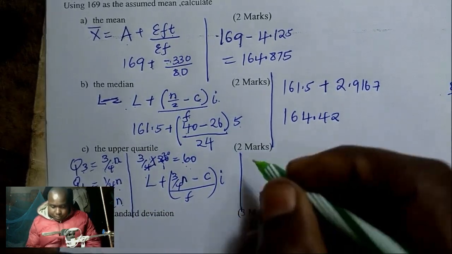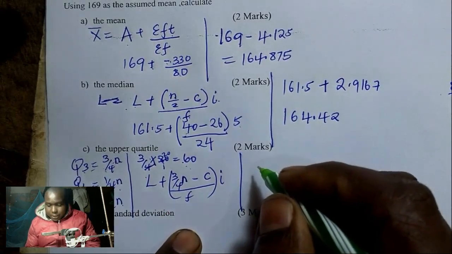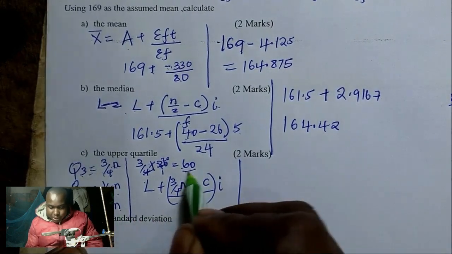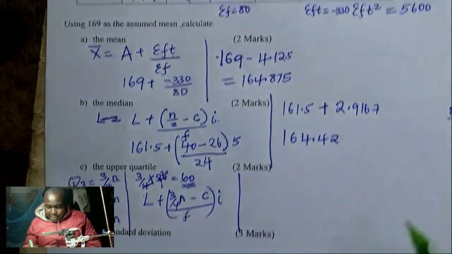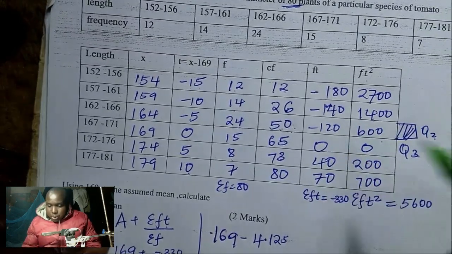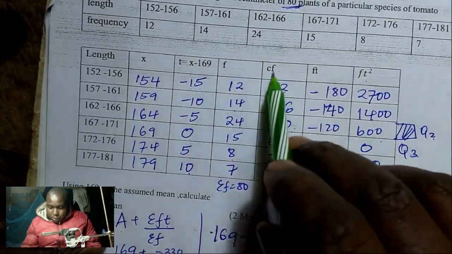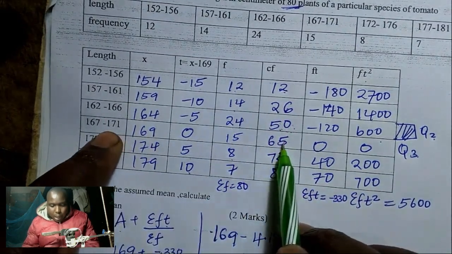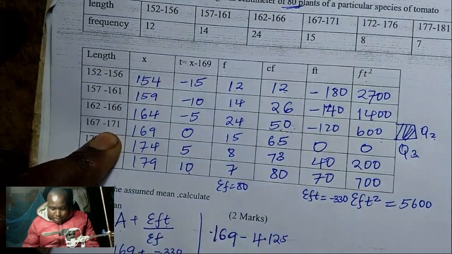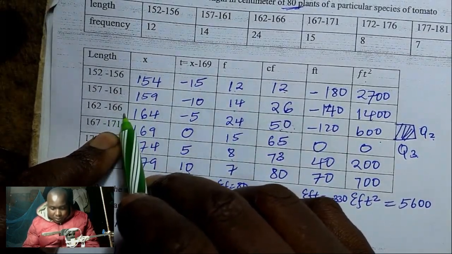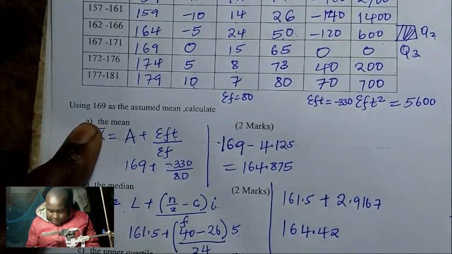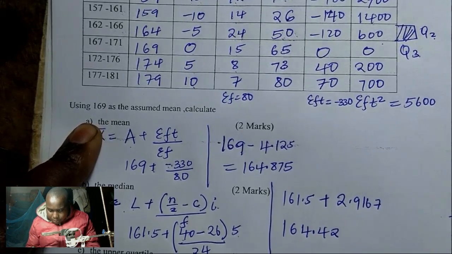So, therefore now we continue. Our L, we come here. So ours is found at 60. We come to the table. We go where there is 60 in the cumulative frequency; 60 is at 65. So you go back here. So our lower limit is 166.5. So our L is 166.5. Then plus